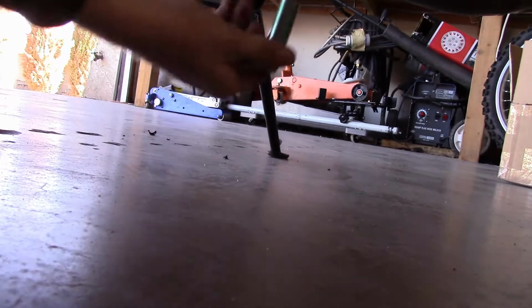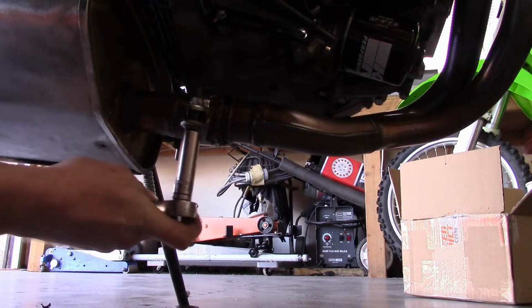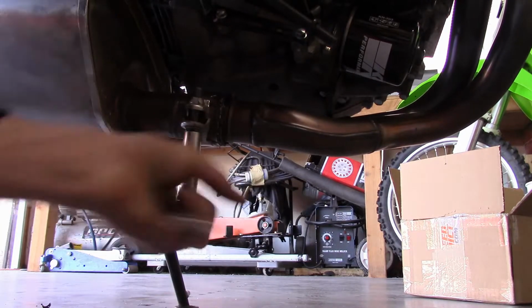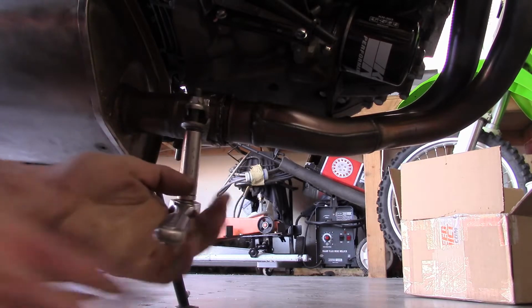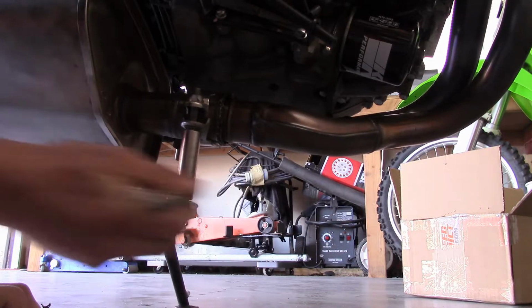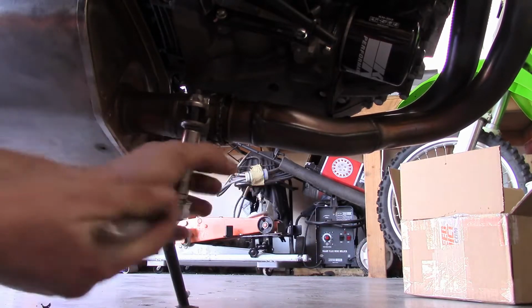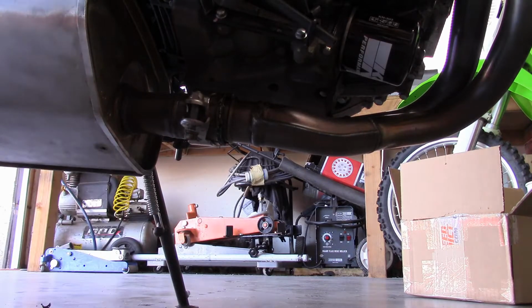Next, what you have to do is remove the clamp bolt right here. So it's a 12 millimeter. So I'll use my 13 to prop up my camera. And loosen the clamp bolt, or loosen and remove. Okay, once that's loose,